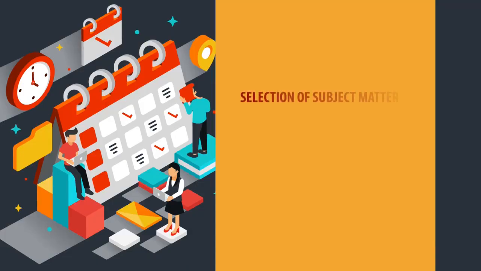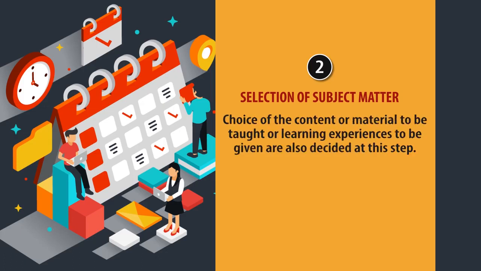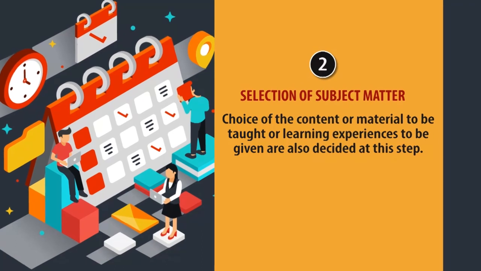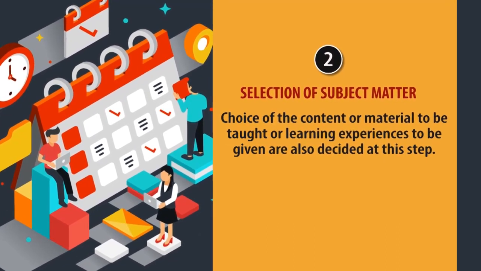So what is there in the textbook is probably not the criterion. The criterion is that we make a listing of instructional objectives, and for each objective we specify the subject matter which is needed for accomplishment of that objective. So this is the criterion. Choice of content or material to be taught or learning experiences to be given are also decided at this step only. So selection of subject matter is very crucial from the point of view